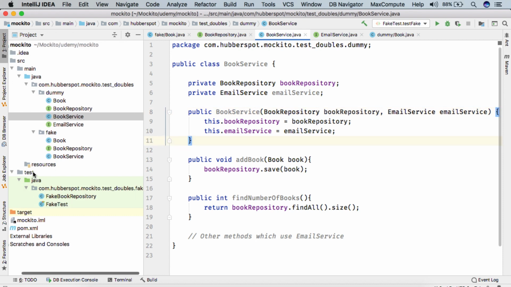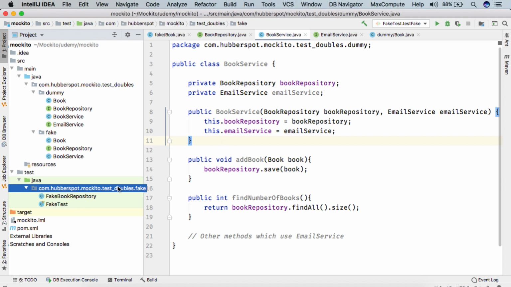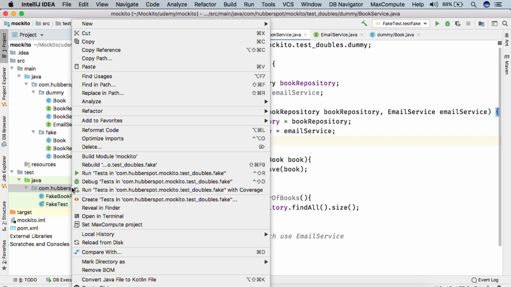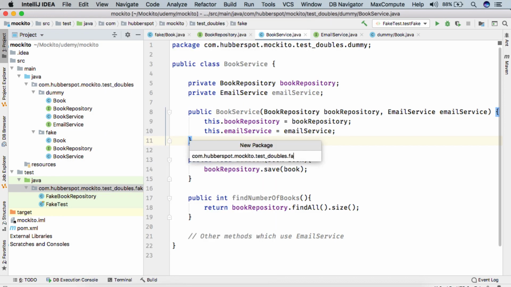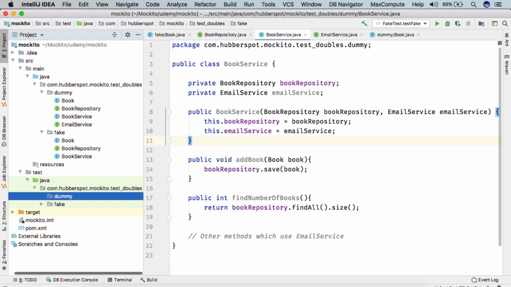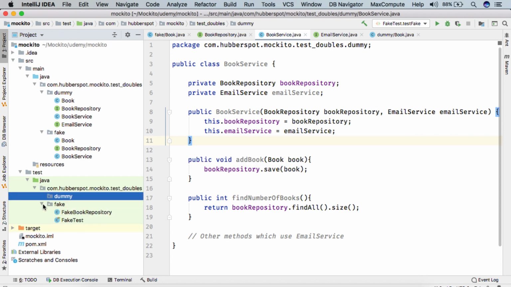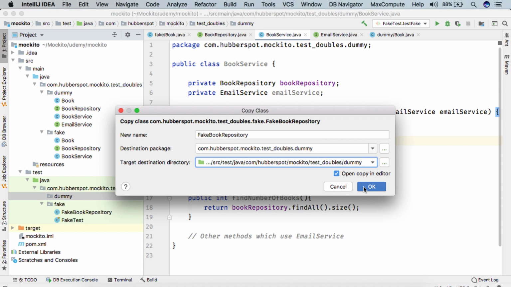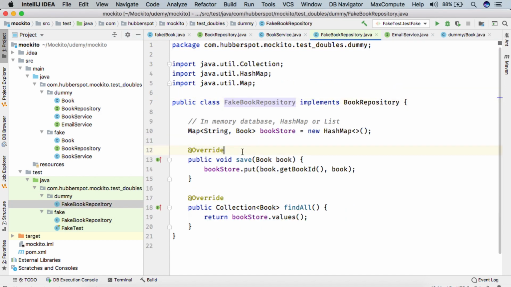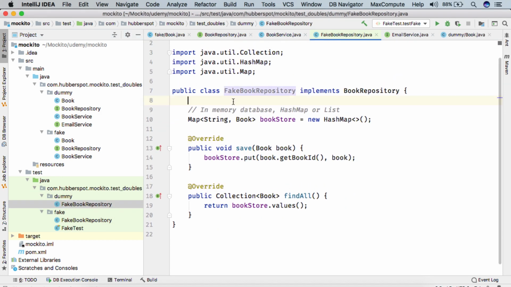Now friends, let's go to our test folder and see how the dummy test double comes into the picture. Here I will be creating one package, test double.dummy. And let's say I use the fake book repository which we used in our fake test double. So this is our fake book repository.